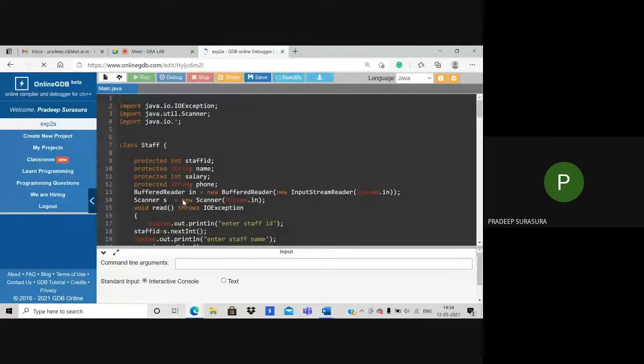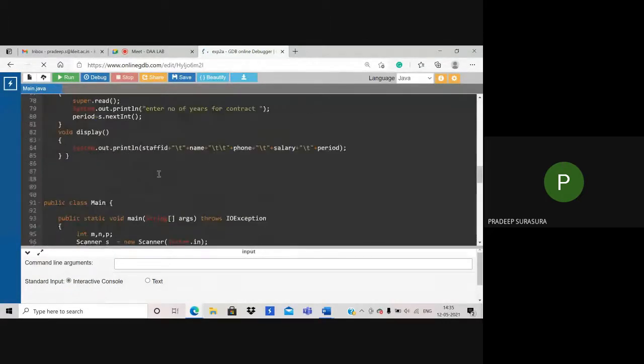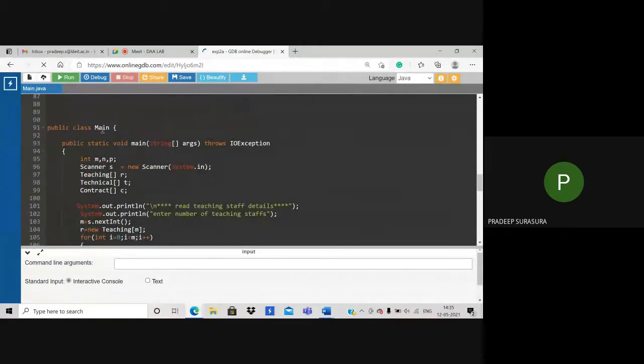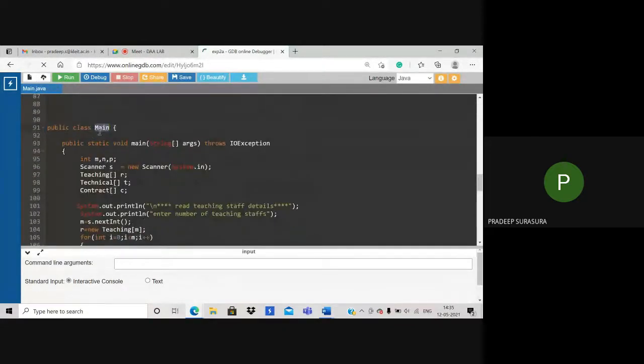So this is the second experiment, part A. The same program is dumped here. Please remember, this was the change I'm talking about. The whole program is written in the same manner, but only this class name is changed to match this particular file. The rest are all the same, absolutely not a problem. This is Main.java and here you have the class. This is the only change which we need to incorporate when you're running the same program in the online portal.